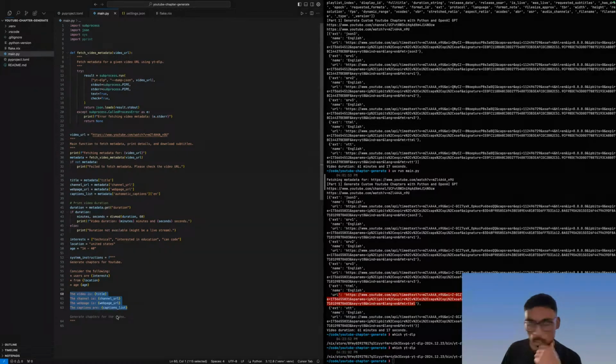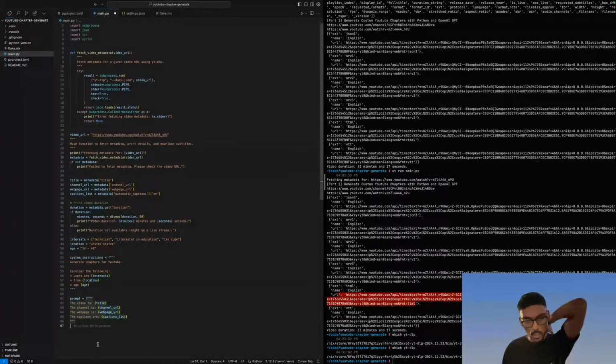Actually, what I'll do is instead of passing this in the system instruction, we'll put it in the prompt. From what I understand, system instructions are kind of like the instructions that you give the LLM initially. It steers the LLM in a specific direction, and then you can prompt it after.